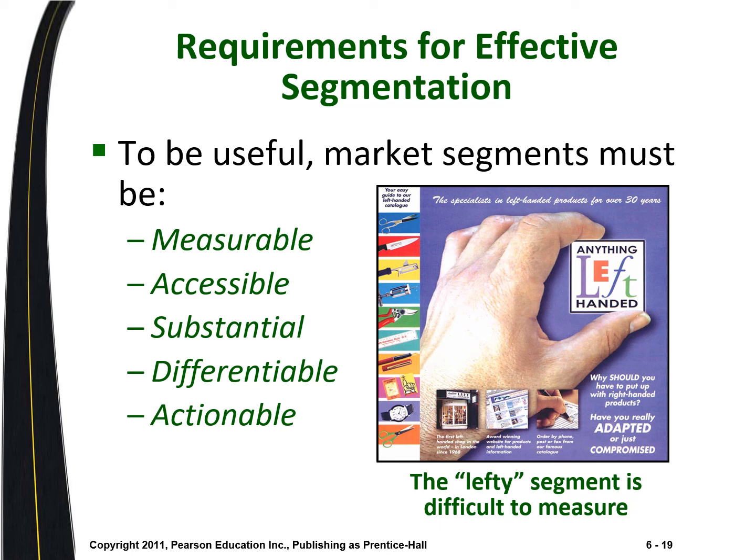Differentiable means, and this goes to the measurables, that you can appeal to them in a different way. And lastly, actionable, which means you can actually have a marketing strategy that will be able to target these groups and be able to present, let's say, different markets with different types of appeals in your marketing strategy. So this is trying to